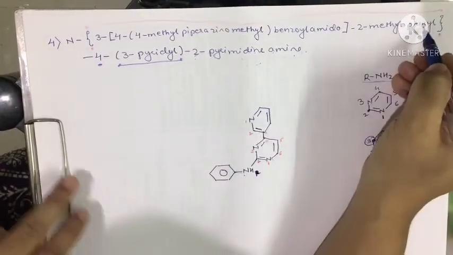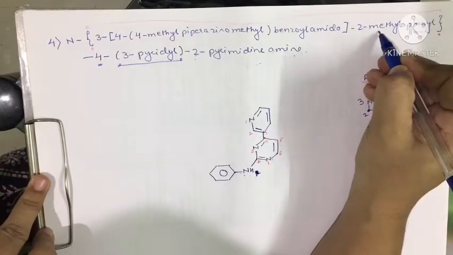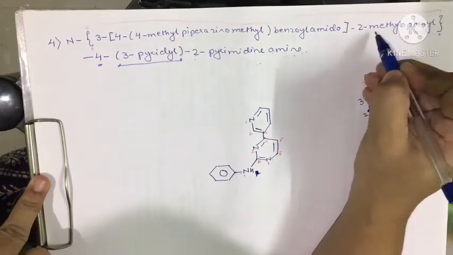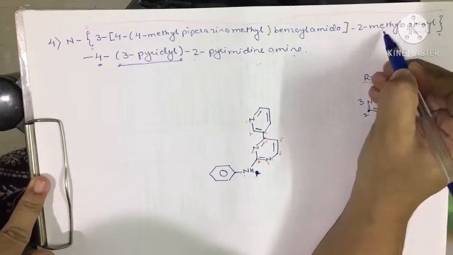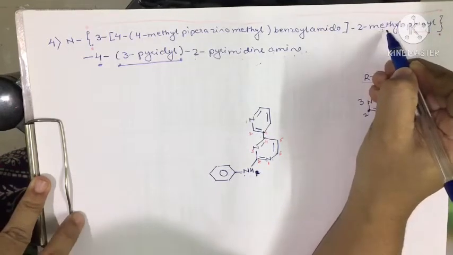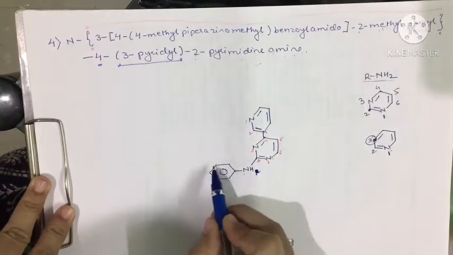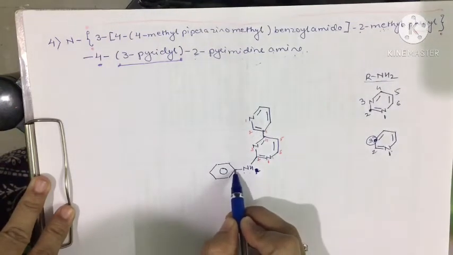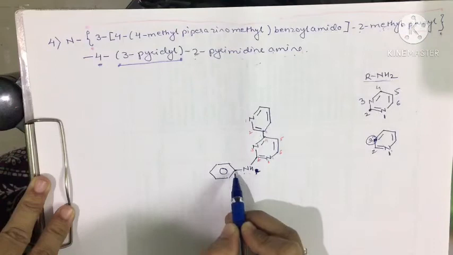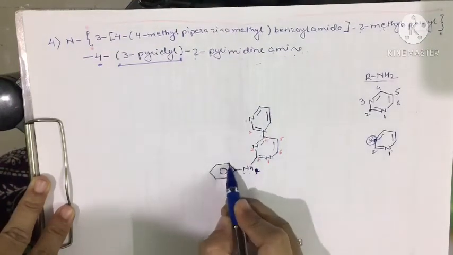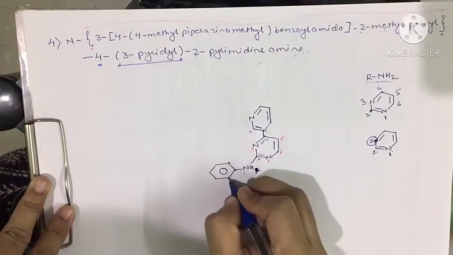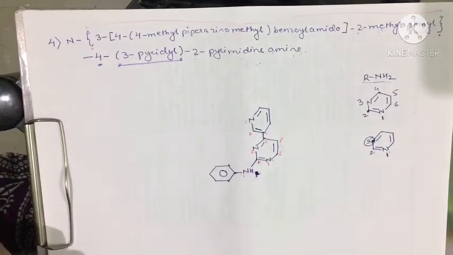Okay. So phenyl is attached to the methyl group. Phenyl is having a methyl group. Methyl group is at second position. So here in a phenyl, now this phenyl is attached to the amine at this position. That means the second position is either this or this. Let us consider here this is a second position.